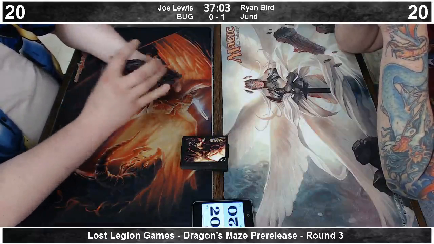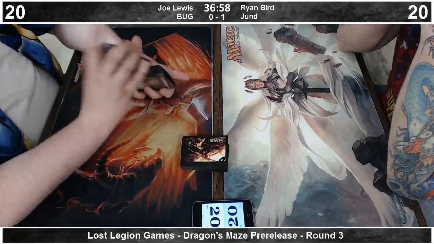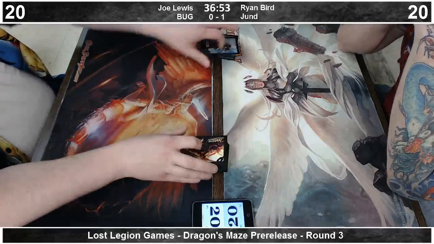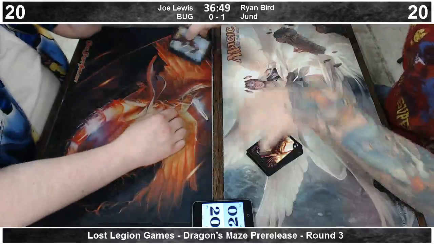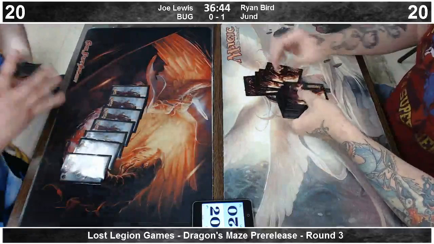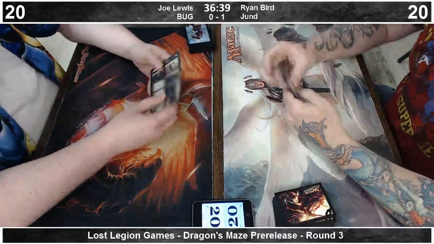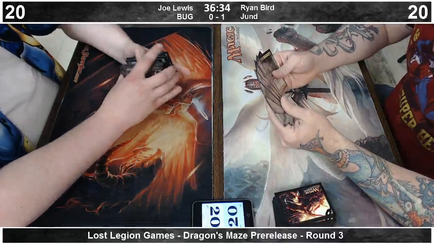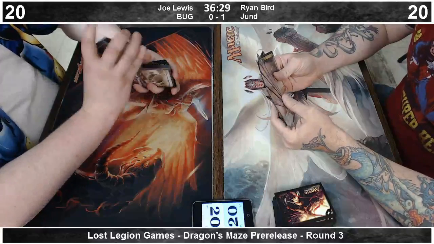Drew probably chose the beer. Is the stream locked up, or is it just us? Looks like the stream has become choppy. Joe chose, I believe, Simic, and then ended up Bug. We're good. And adding insult to injury, Joe's going to have to mulligan down to 6 here. Looks like Ryan is keeping. And he's on the play, so...